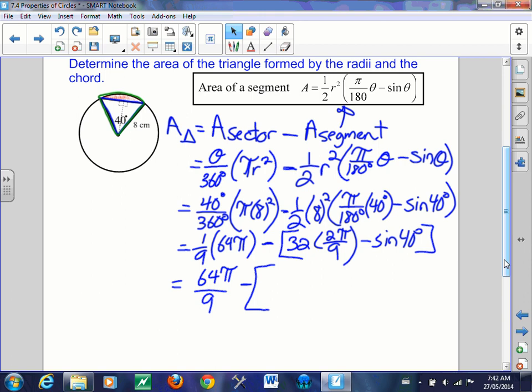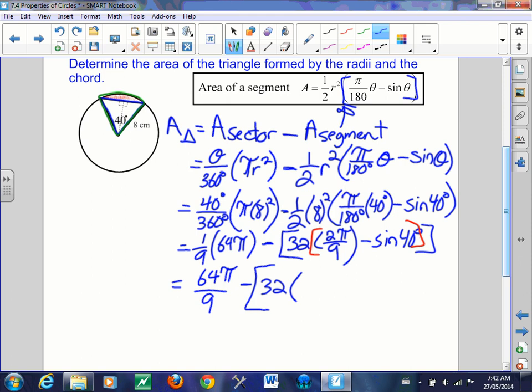Sorry, my fault. There's a set of brackets missing here, folks. You need to do this part first, so the 32 goes first, like I had. I'm missing this bracket right here. So do this all in your calculator first. Go 2 pi divided by 9 equals, subtract sine 40, and you should get